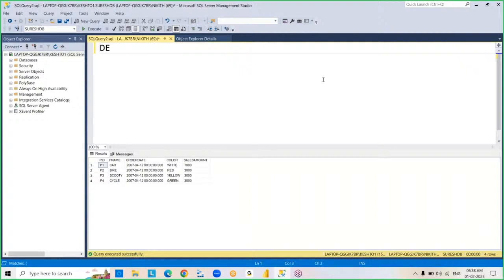So the next command is delete. It is used to delete data from the table. We already worked with truncate, right? Then what is the truncate command? It is a DDL command. Truncate is also used to delete data from the table only. But the difference is,